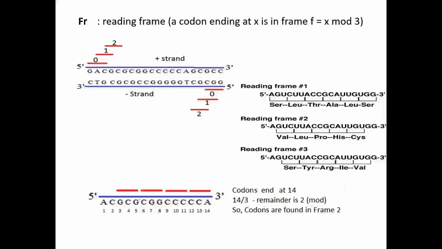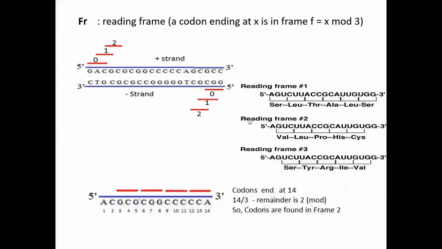FR refers to reading frame. Let's see about it. As a codon is made up of 3 nucleotides, a given input sequence will be divided into 3 codons, and then it will be searched for signals to mark the exon regions. So here the dividing of these sequences will be done in 3 frames, 0, 1, 2, and in the complementary strand, the negative strand, it will again be searched for the exon signals and exons in the 3 frames. So we say it searches in 6 frames. So here you can see it can be divided into 3 nucleotides like this, each representing a codon.